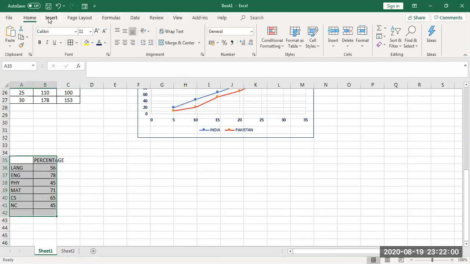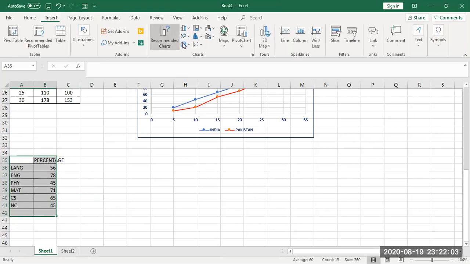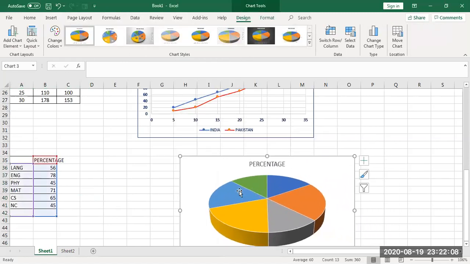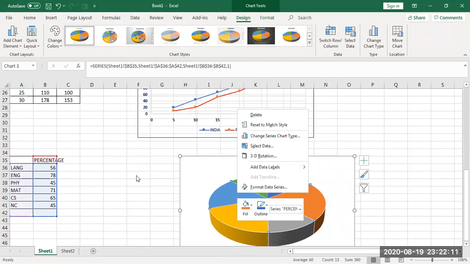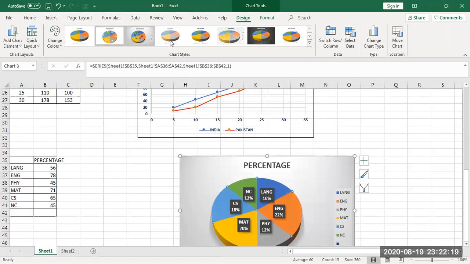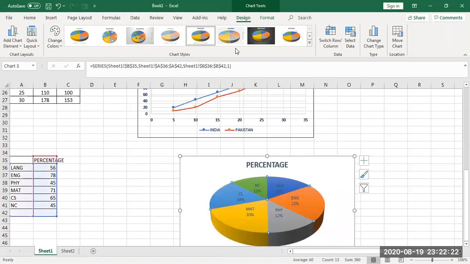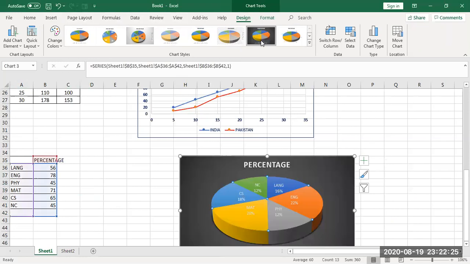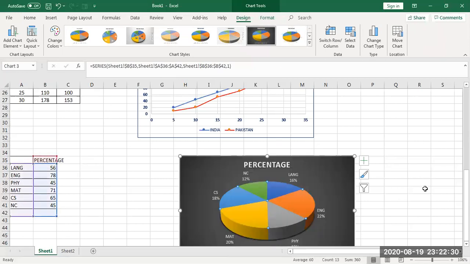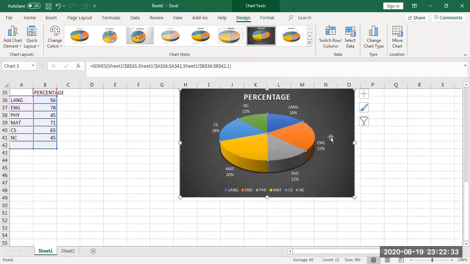And once again, to place a chart, go to Insert and select. This time we will try putting in the pie chart. Just place the pie chart according to the values. And one more thing, here you wanted the values also to be shown, that I did not mention in the previous one. Apart from this, see at the top, the system itself will show you the varieties of options. For the same pie chart, if you want any other methods, rather than selecting colors and other things, you can make the system design it for you. Even that option you can select. See, neatly it shows the percentage obtained and also the values, and the subjects we are comparing.